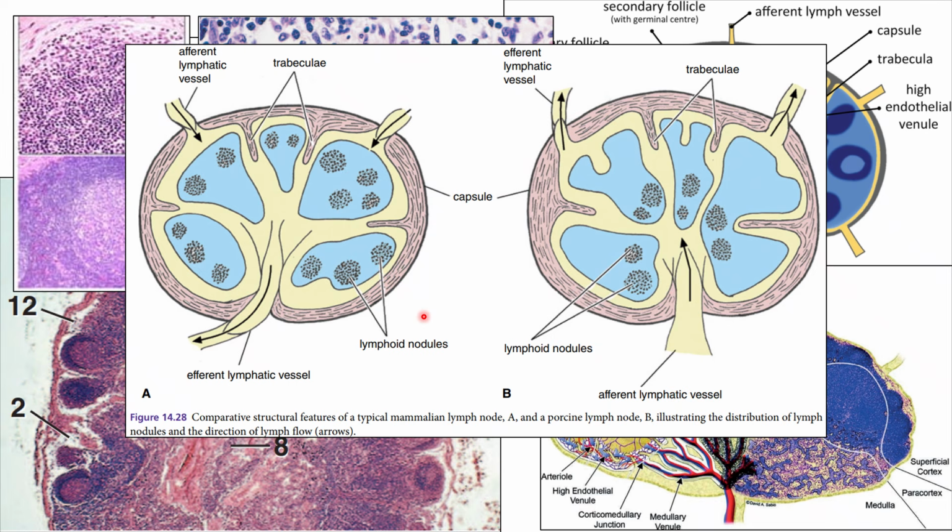Okay, for the pig, it's inverted. The cortical area or the nodular areas are in the central, in the deeper area of the lymph node, while the medullary area is in the outer part. Which means the pig lymph node is quite special because the afferent lymphatic vessels will have to travel deeper into the middle area of the lymph node, so it will have a longer time of passage into the filtrating system before filtered material can go out of the lymph node.